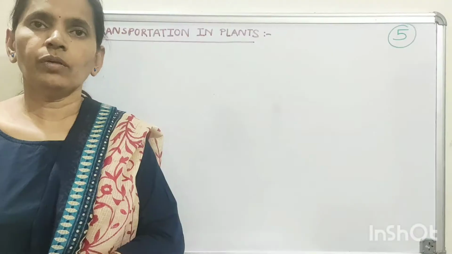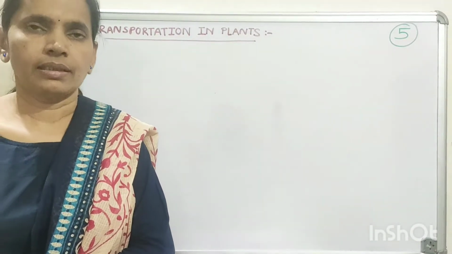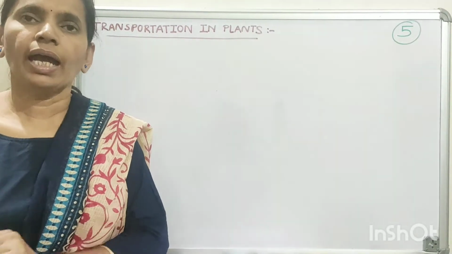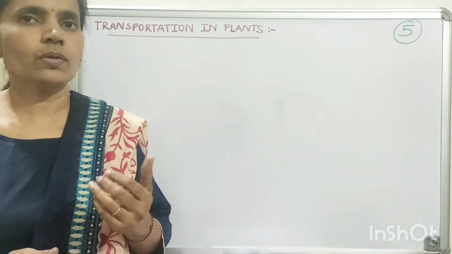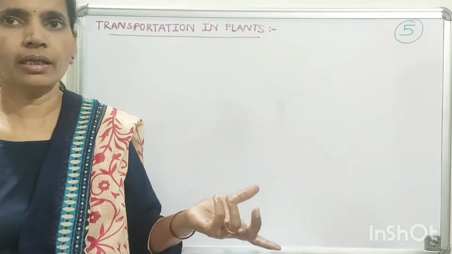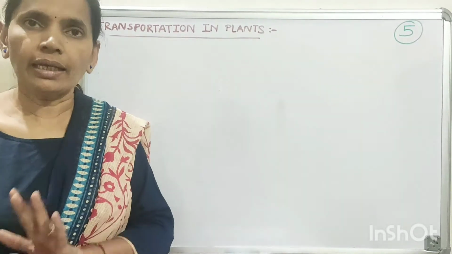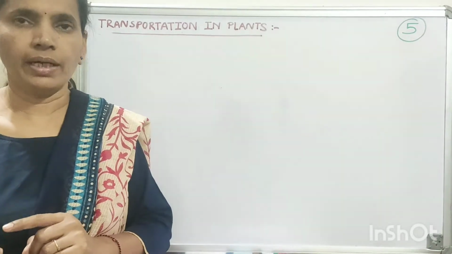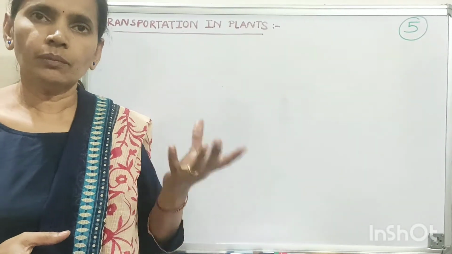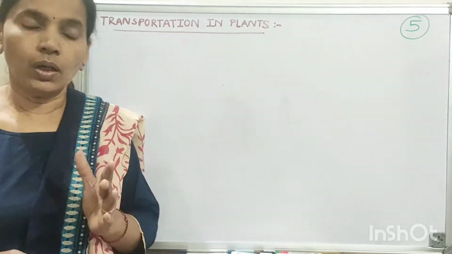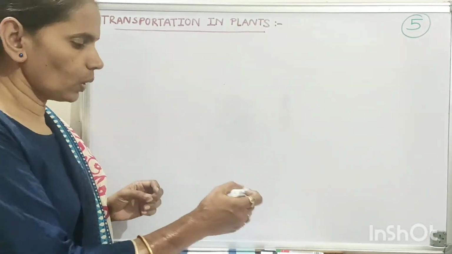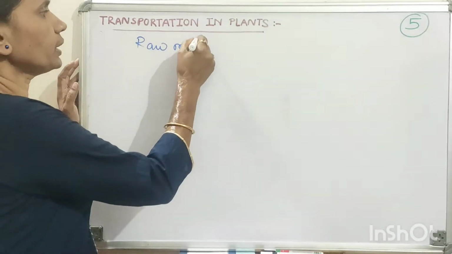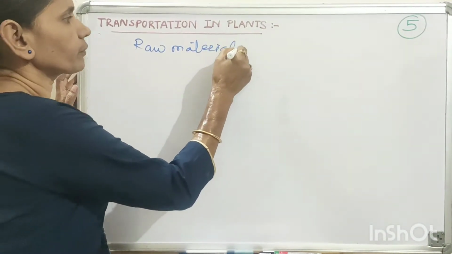Now we know that in case of plants, they take up the carbon dioxide from the surrounding environment and they utilize it in the process of photosynthesis and they generate the energy. But this energy is not sufficient for the development of the body of the plants. Along with this energy, the plants also require the raw material and the most important thing, that is the water.